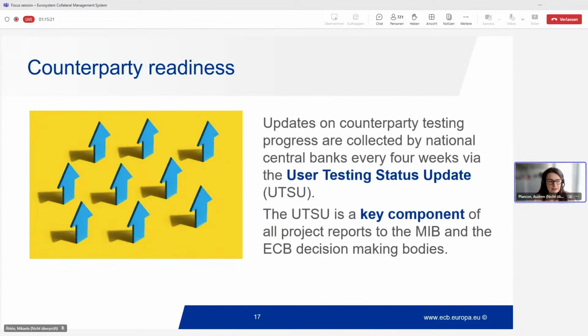On the next slide, I want again, taking the opportunity of this focus session with all of you, to raise the importance of counterparty readiness. We have this UTSU, user testing status update, which is done on a monthly basis. And so your NCB is all the time chasing you to get a status update, to know where you stand with your testing campaign, what the status is. So please take the opportunity to convey your message, to convey your status, because for us it's quite key to know